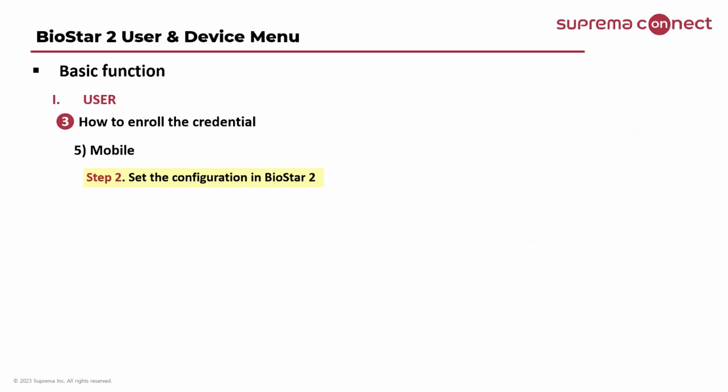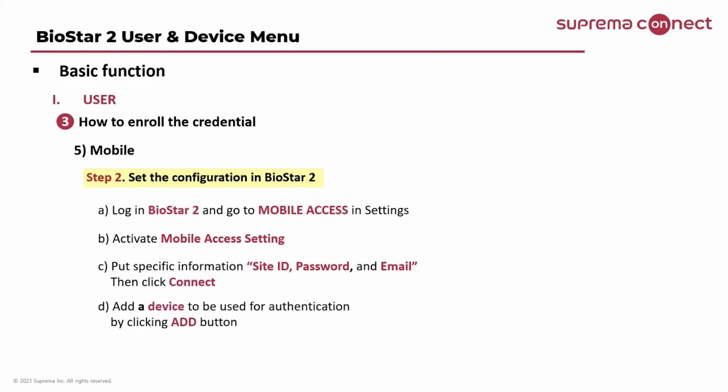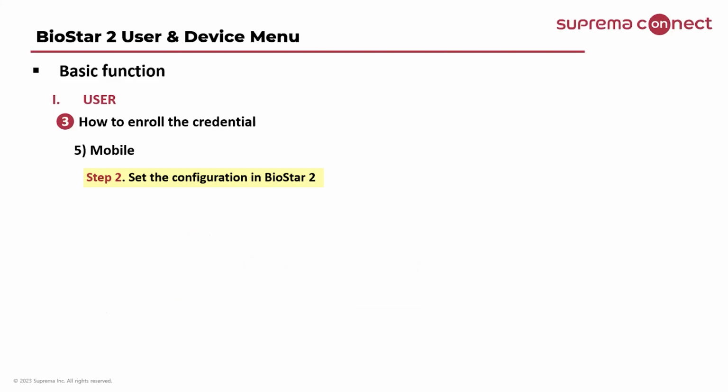Step 2. Set the configuration in BioStar 2. First, log into BioStar 2 and go to Mobile Access in the Settings. Second, activate the Mobile Access setting. Third, put the specific information such as site ID, password, and your email. Then click Connect. Next, add a device to be used for authentication by clicking Add, and then select a user